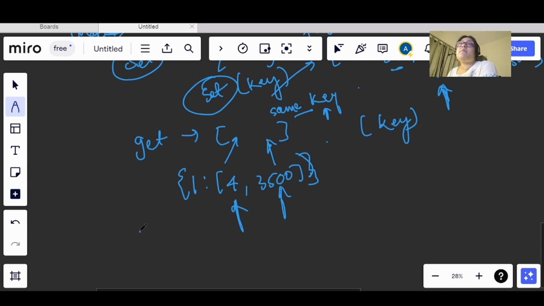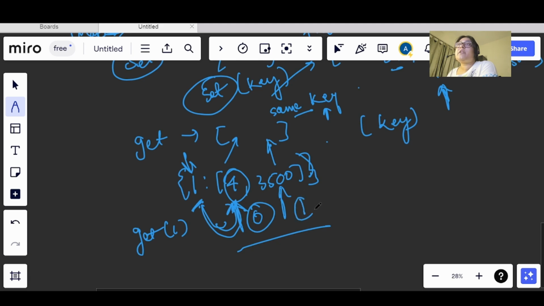So in get, we have been passed the key as 1. Now what we need to do is check if the key exists or not, meaning the key is not expired, right? So we will return this value. Now we are storing the value and duration as an array, so the 0th index will have the value and the first index will have the duration. So we will get the value and return the 0th index of it. So this is what we will do to get the value.